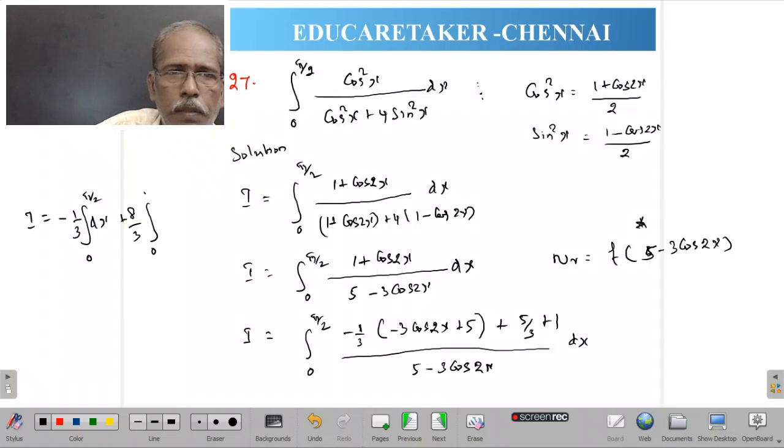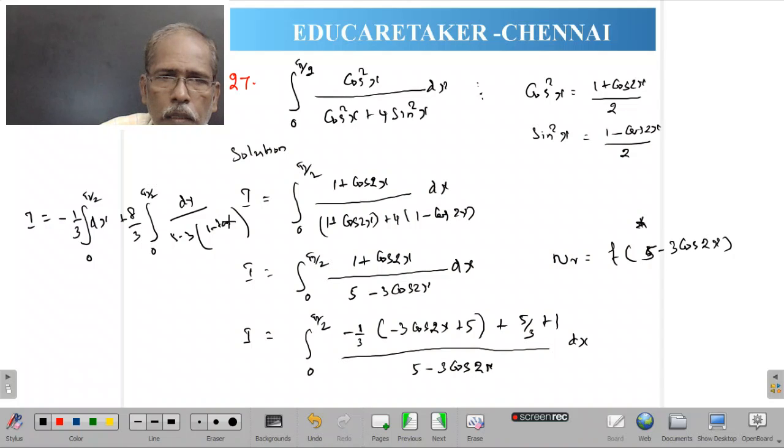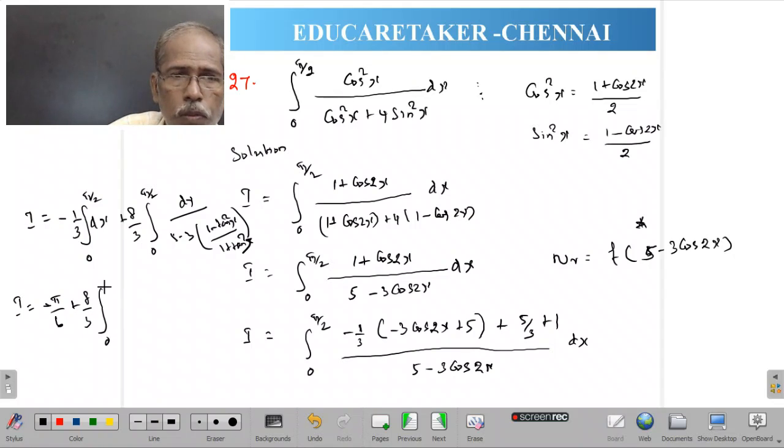and 0 to pi by 2, and dx by 5 minus 3 cos 2x. Here we need conversion. Then cos 2x is 1 minus tan square x by 1 plus tan square x. Okay, then I will be equal to the integral of dx, x, and pi by 2 into minus 1 by 3, minus pi by 6 first term, plus 8 by 3 integral 0 to pi by 2,